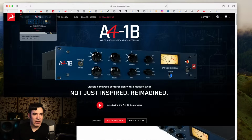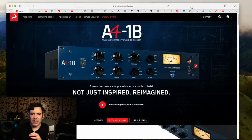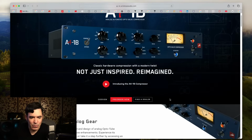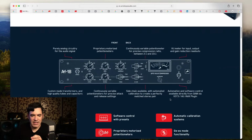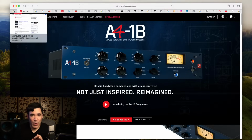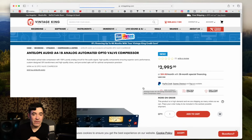Next thing that's really interesting is now a few devices that are all this digital meets analog thing. And this is an opto tube compressor from Antelope Audio. And this is, correct me if I'm wrong, I didn't get to see this one in person, but this is hardware meets software in that it is a hardware analog device with motorized controllers that you can control like a plugin. And this one here, first website that pulls it up on Google is Vintage King, and